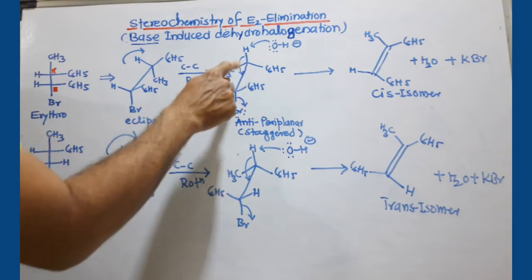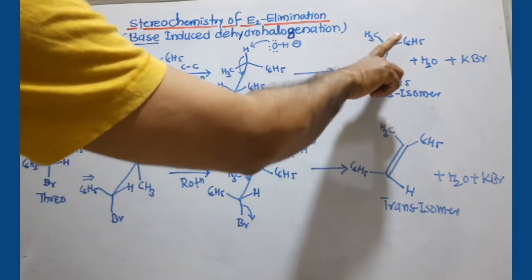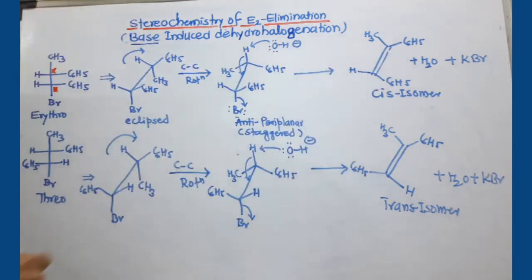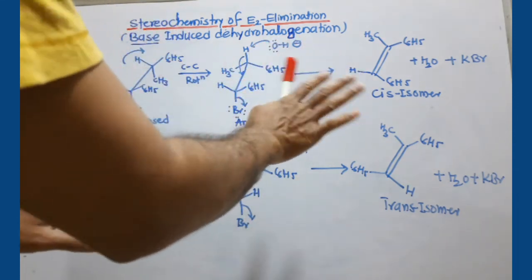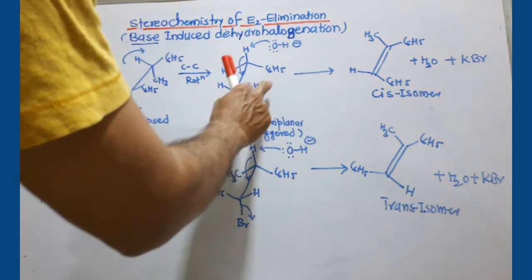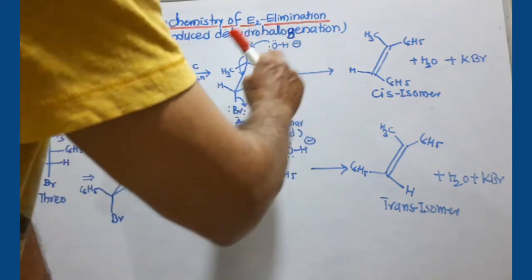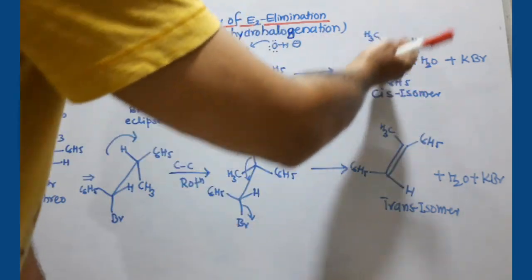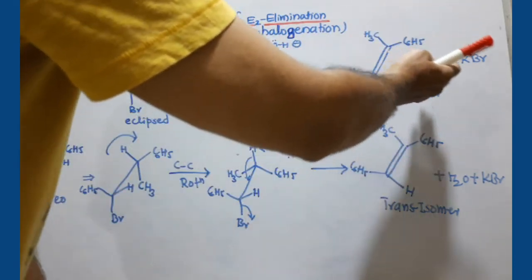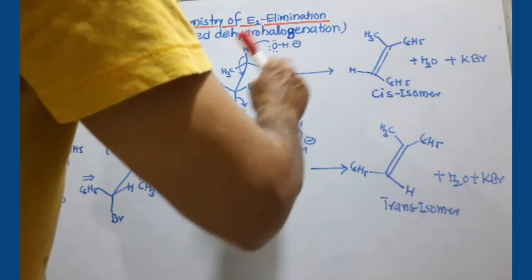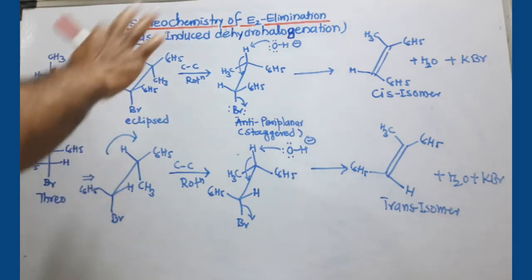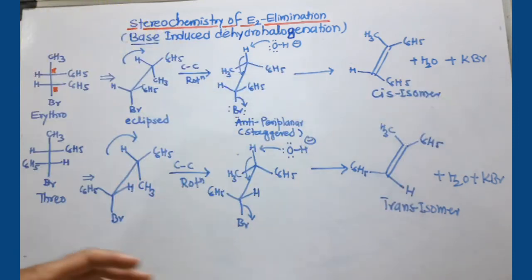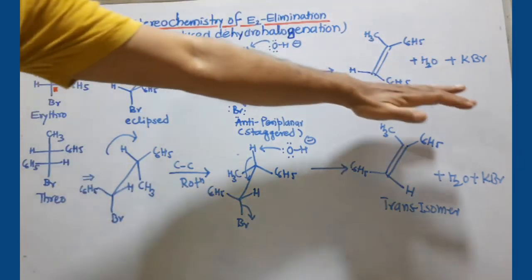So I kept this bond in this position just like this, and I put an extra bond, that is the pi bond, in between this alpha and beta carbon. Now nothing else is happening. All other groups are at their original position: C6H5 here, CH3 here, H here, and C6H5. You only have to remove hydrogen and Br and put a double bond there. H2O is formed after removing this proton, and Br will go and join with the K which is available in the reaction medium. You can see similar groups are toward the same side of the double bond. So this is the cis isomer. So actually the erythro form gives the cis isomer.